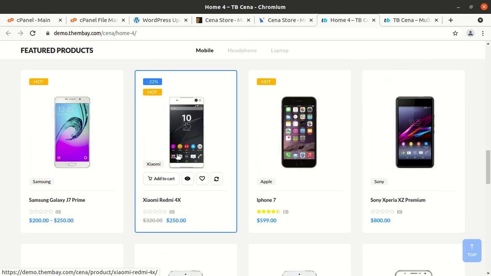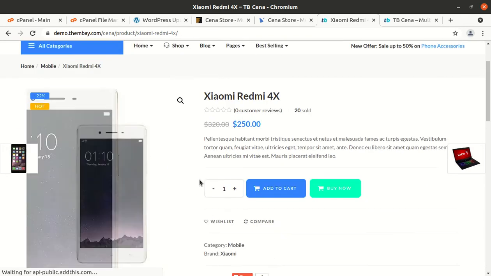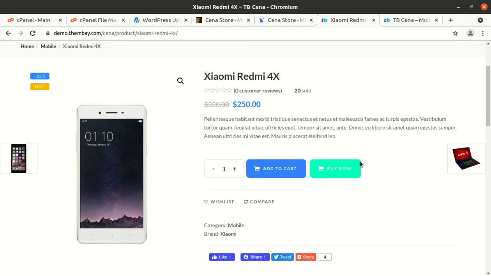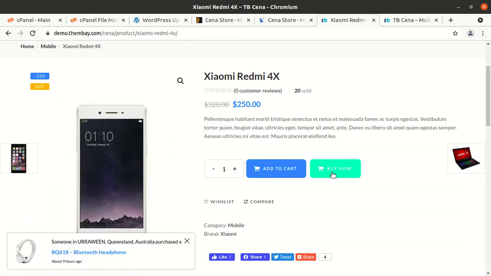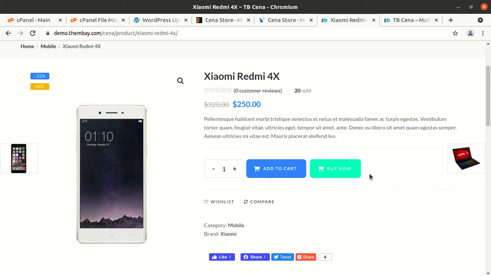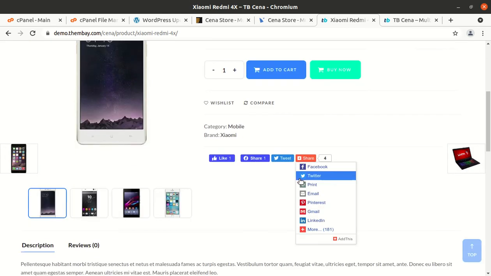It has all the modern features and facilities available for an e-commerce website. And the great thing is that it comes with a buy now button inbuilt. Generally in e-commerce you need to add this buy now feature additionally with a plugin, but it comes inbuilt, and this is an advantage.